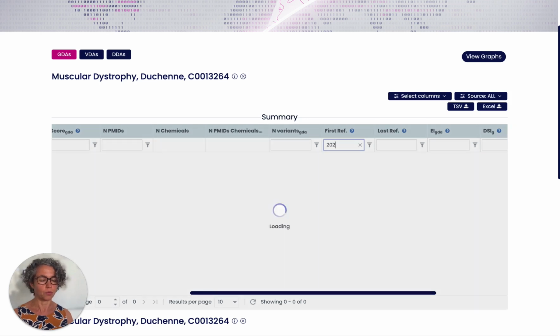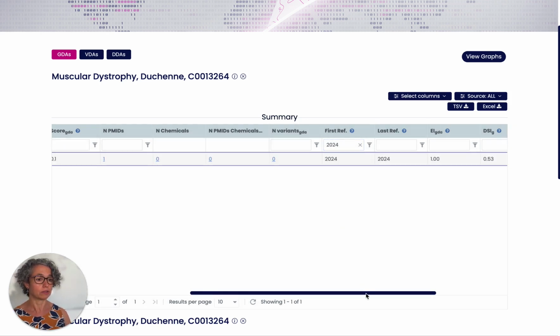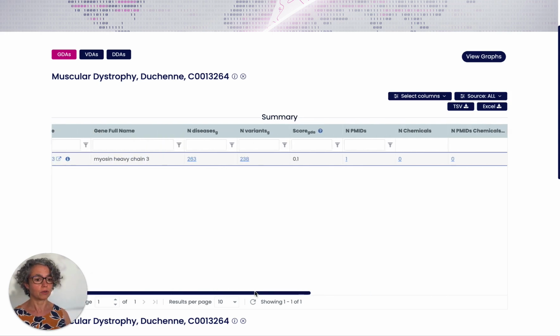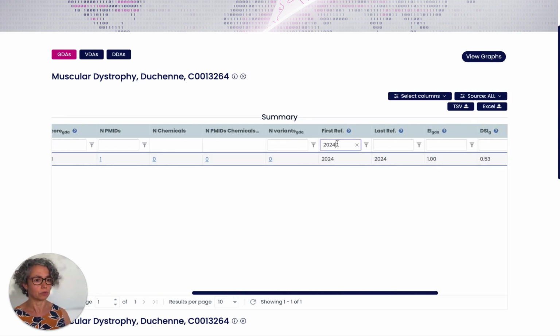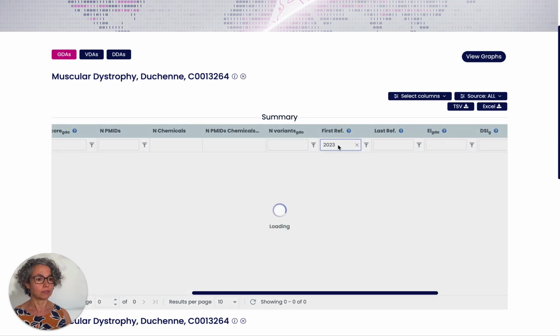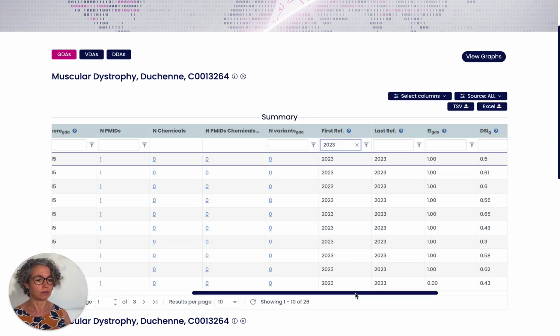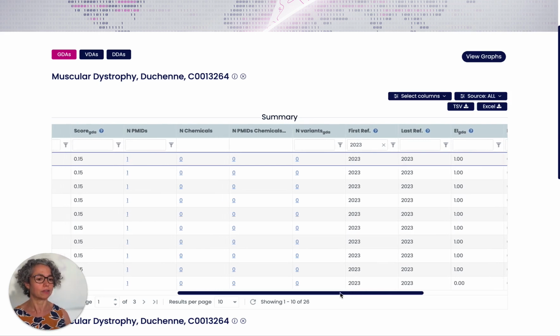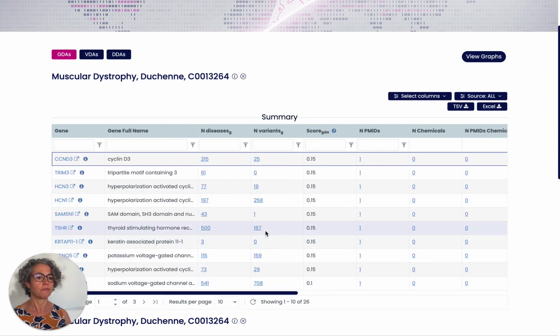We can see which genes have been described during this year, only one gene, or we can expand this to last year, and we will see that we have almost exactly 26 genes that were first reported as associated with